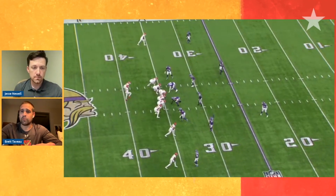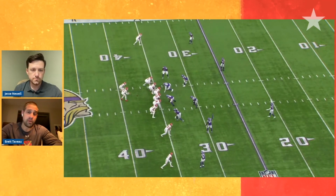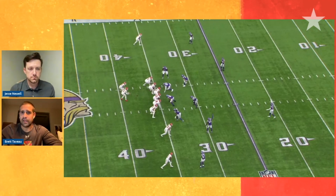It's as simple as Mahomes looking right now. He's just looking at the cushion right now. You look at the bottom of the screen here. You got a corner that appears to be rolled up. Now he's going to bail, because those guys like to play games. They like to show press and then bail, come up late, so they're forcing the quarterback to process as much